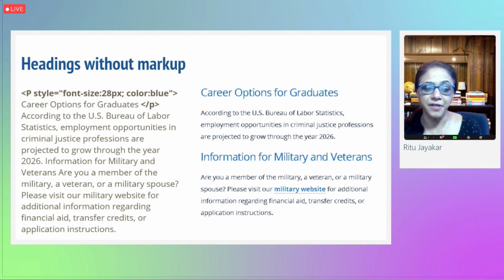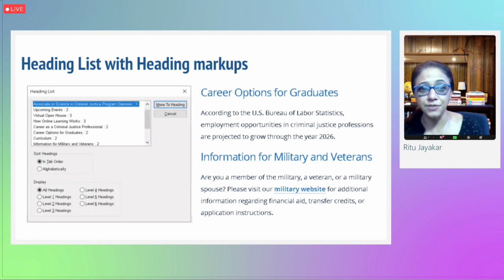They will have the same user satisfaction, but not the screen reader users. Without H1, H2 markups, it'll be a wall of continuous text. Screen readers will read the entire text from top left to the bottom of the page. They will not be able to scan the page using shortcut keys to find headings or generate a heading list window to jump from heading to heading. Proper hierarchy of headings is helpful too in quickly locating the details of sections and subsections. Rule of thumb is to have at least one H1 and not to skip levels of headings to avoid confusion.